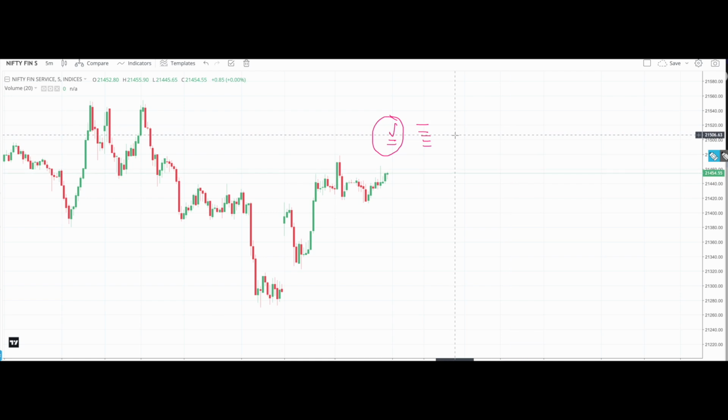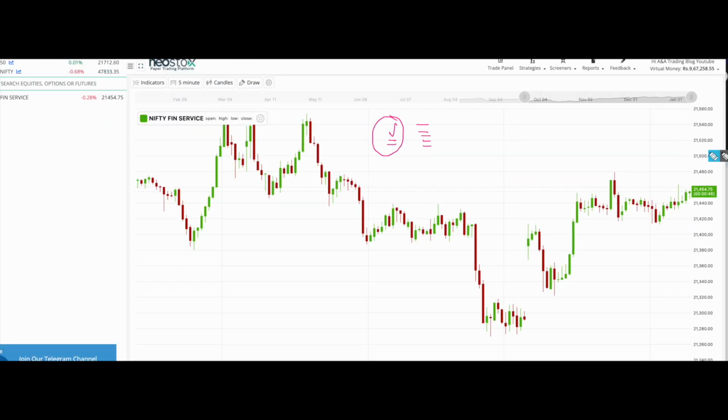You can log into any paper trading website. For those who do not know, maybe you can choose NeoStock. It's a paper trading platform. You can put live trades in the market. You can choose an at the money strike price, in the money strike price, and out of the money strike price based on the concept what we have discussed.